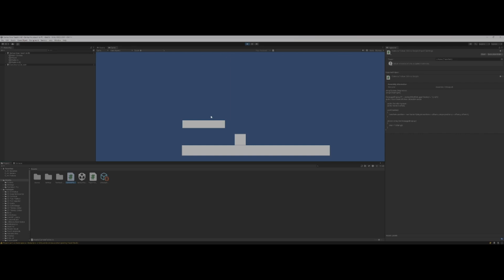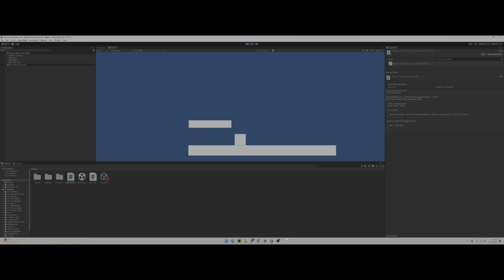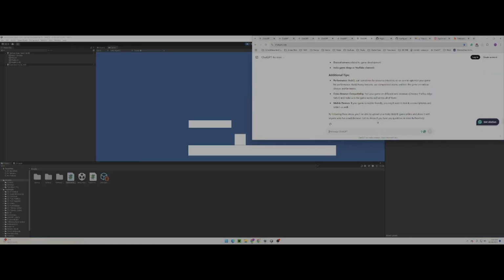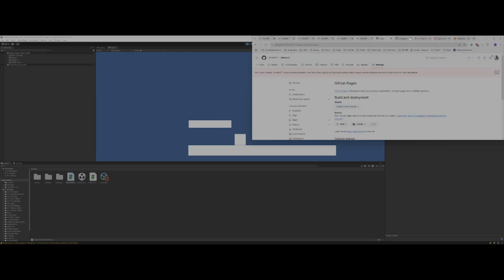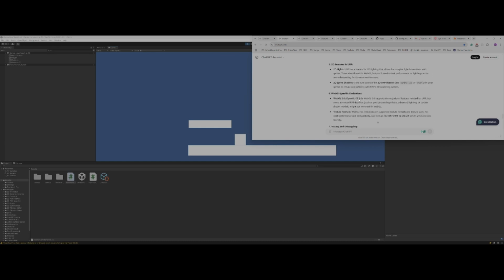I didn't make the code myself. I can understand what some of these things mean, but I am not in the position where I can write all of this myself. So I did have AI write it for me, but I had to say what I wanted. So I had to say, let's see, maybe I can pull out an example right here. I've been trying to upload the game, but I would say stuff like,